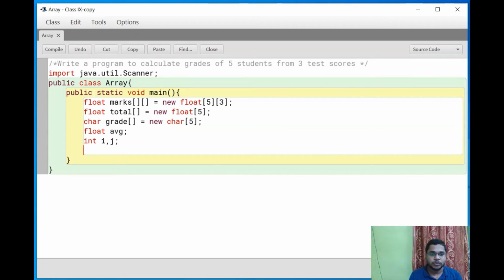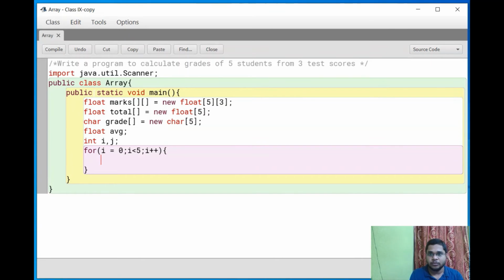Here I am using the for loop to store the array elements, i less than 5. This is for the row, i plus plus.